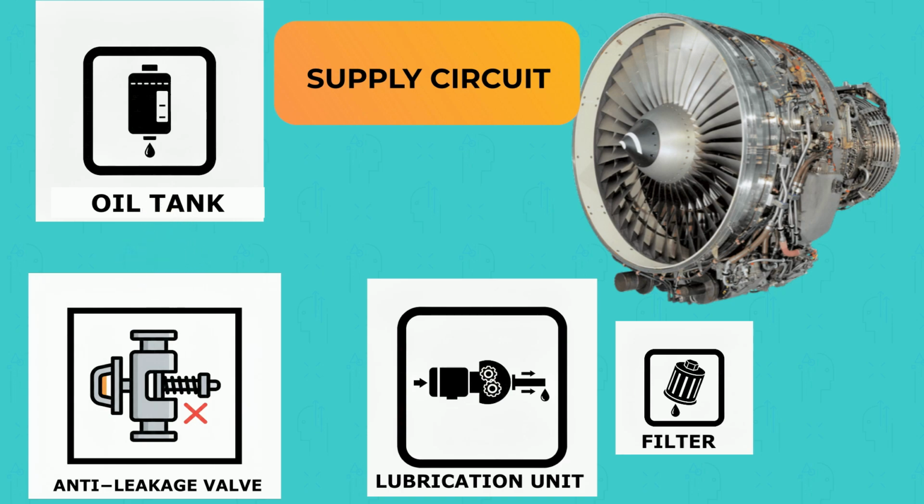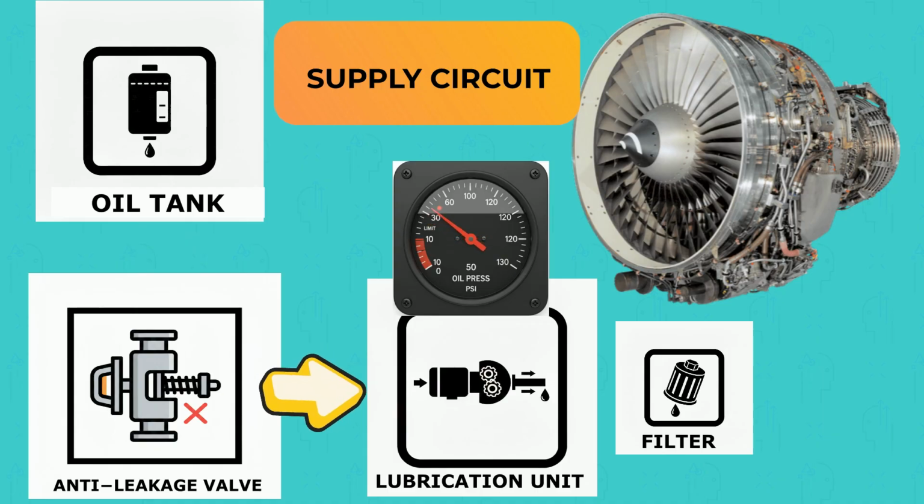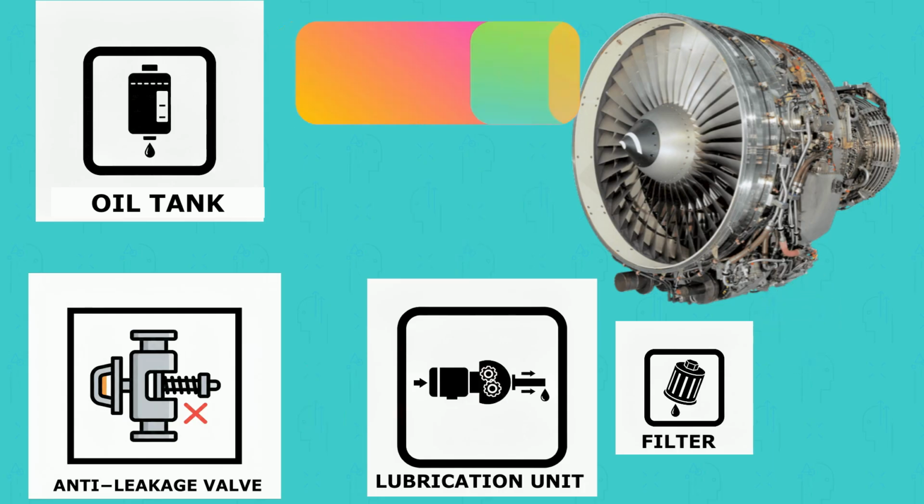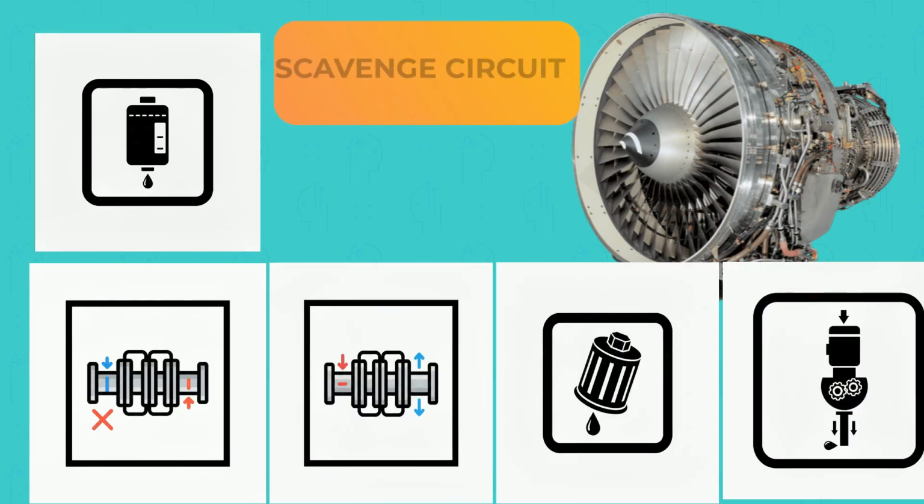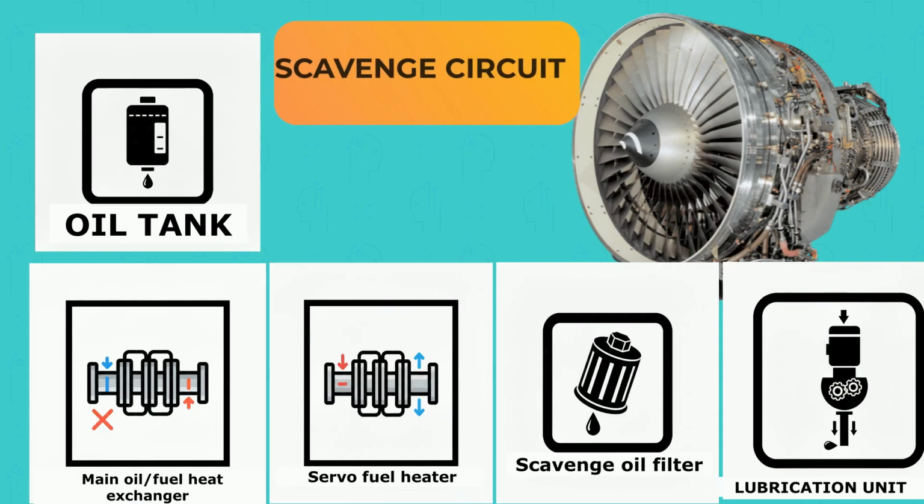The lubrication unit pressurizes and filters the oil. The filtered oil is then directed to the engine. Scavenge circuit. The function of the scavenge circuit is to collect used oil from the engine. The oil first passes through the lubrication unit, which also assists in the scavenging process. The oil then flows to the scavenge oil filter and from there to the servo fuel heater. From the servo fuel heater, it passes to the main oil fuel heat exchanger and finally returns to the oil